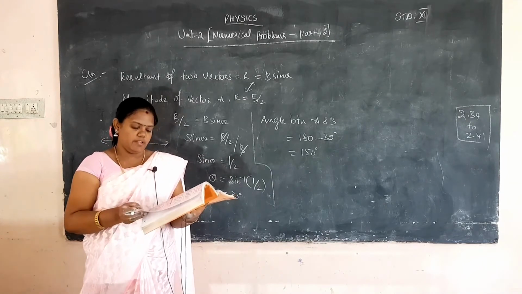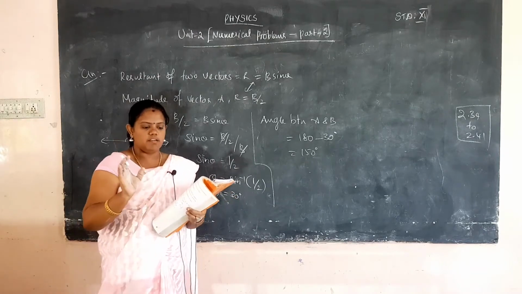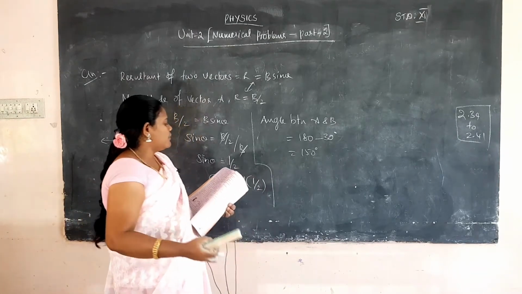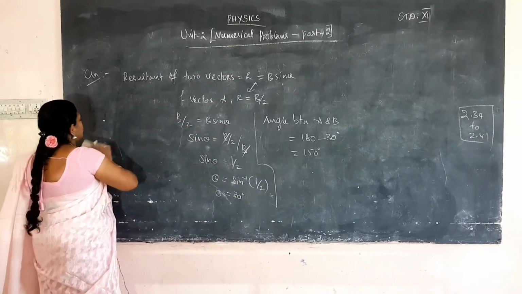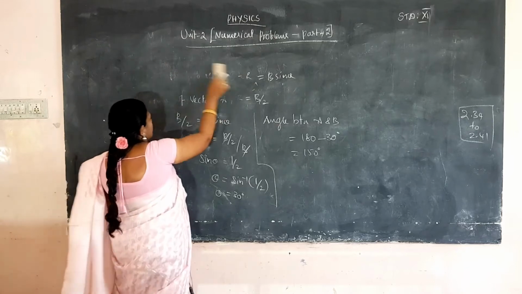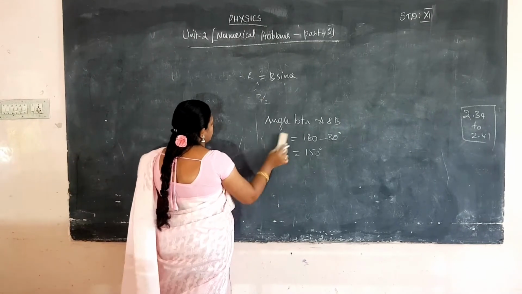Four vector equations will be given. Compare the components for the following vector equations. The four vector equations are given in your book. So you have to compare the components of the vector equations. What are the components first? This is the problem: this way you easily identify the components of all the vectors.